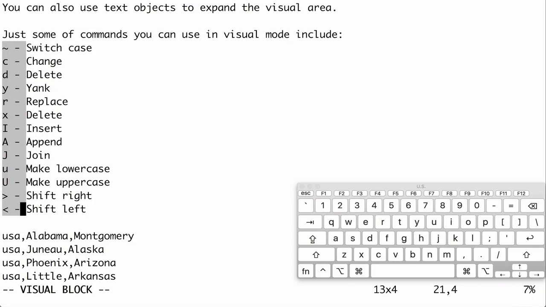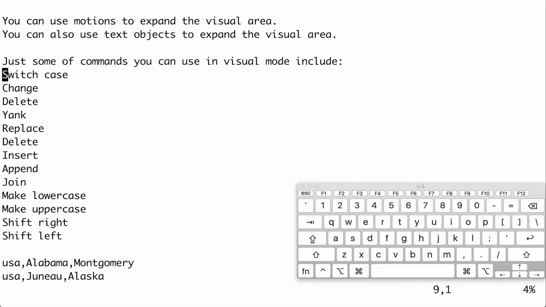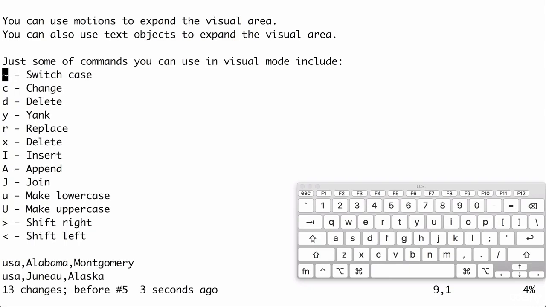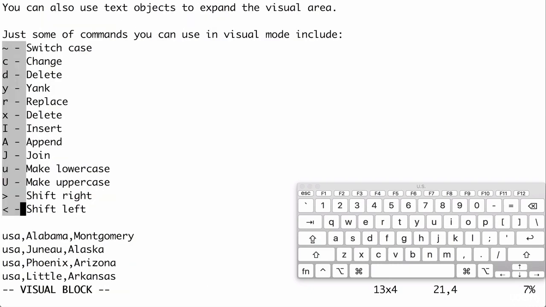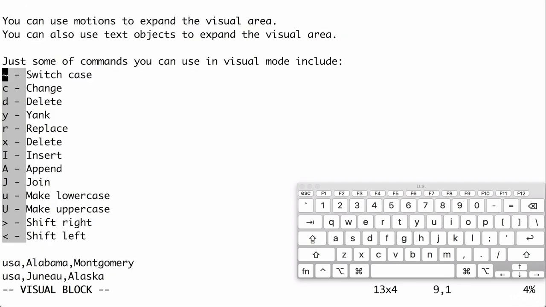If you want to remove that block, type D, and you can see everything slide over. Now let's undo that with U. Let's reselect that same bit of text with GV. If you use the O command, the cursor is positioned at the other end of the highlight. So if we do that a few times, just hit O here, back and forth, you'll see that the cursor